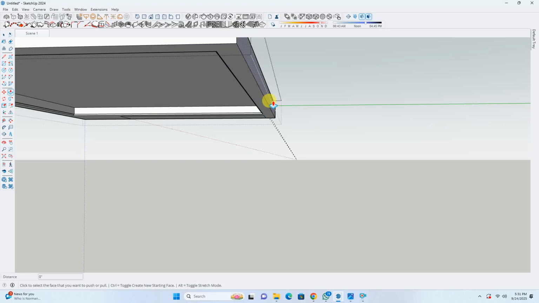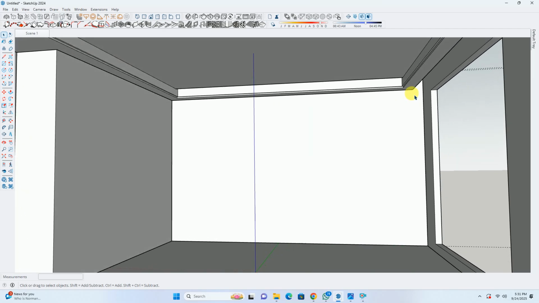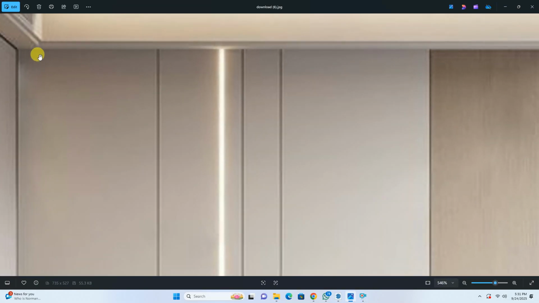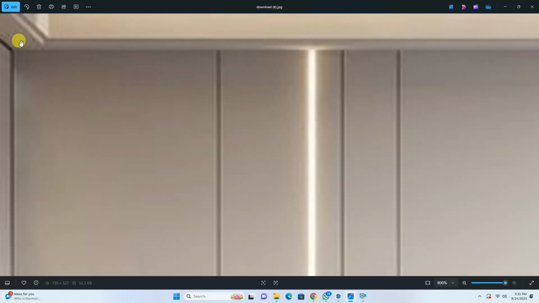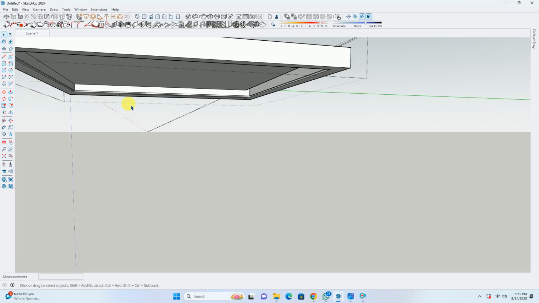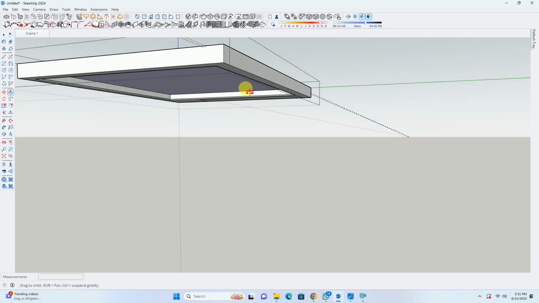Now what I can do is refill the 1.5 inches gap, or I can keep it like this also, because these elements will come in contact with each other. As you can see, there should be a hairline gap between these two. In this view, we can see that this false ceiling is coming from the wall, and these segments are stopping at this particular surface. So if we want a view like this, we can double click on this and apply push pull to a gap of 1.5 inches.